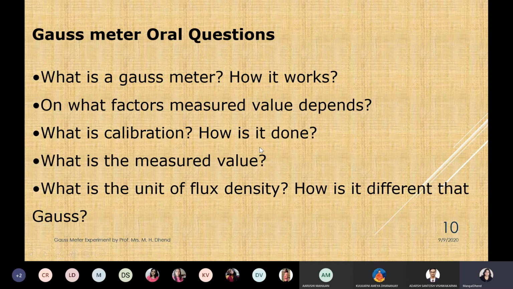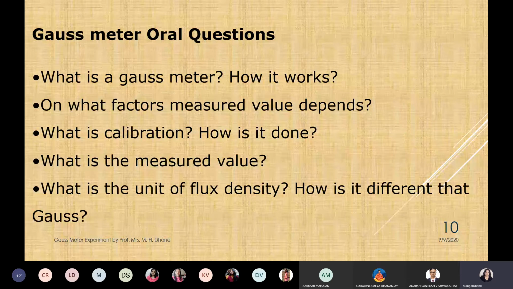Okay, so you need not bother in much depth, but just see instead of calibration process, you can see how it can be done virtually, because our lab device is not working also, and electronic Gauss meter I use. So actual this calibration analog Gauss meter is not in use. So I am using digital Gauss meter, whatever is shown in virtual lab, same I am using in lab also. So it don't require any calibration process.